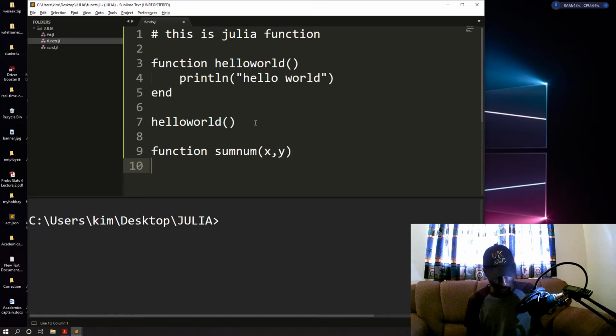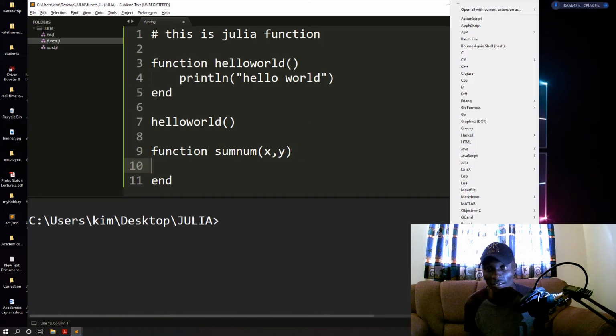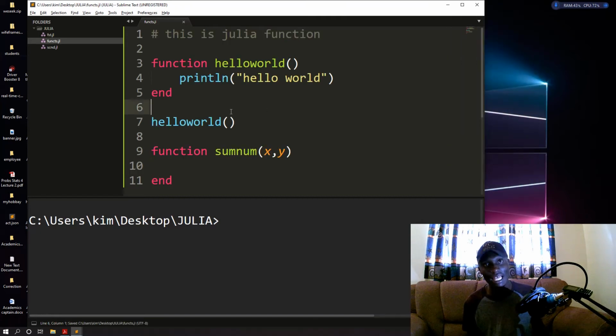Now I normally like writing it this way so that I don't forget. Again in Julia, this thing you saw I did here is just something called indentation. It's not important, but it's good when you want to make your code readable. So it's really nice. I think here I have to select Julia so that this code can be styled in a nice way.